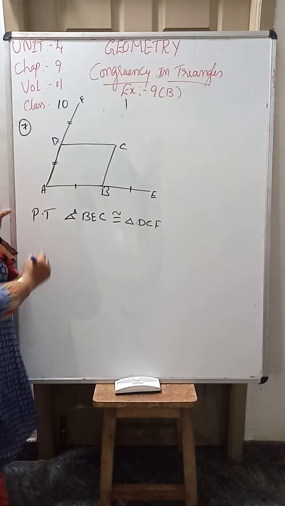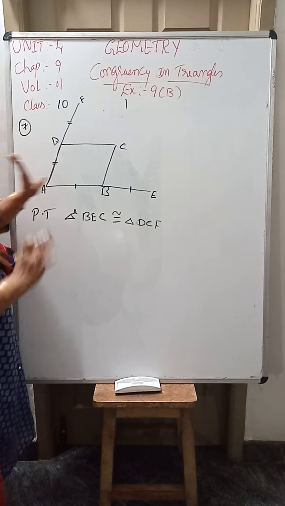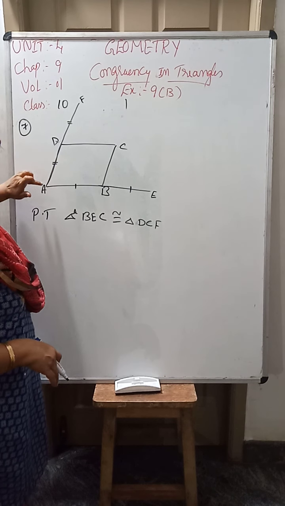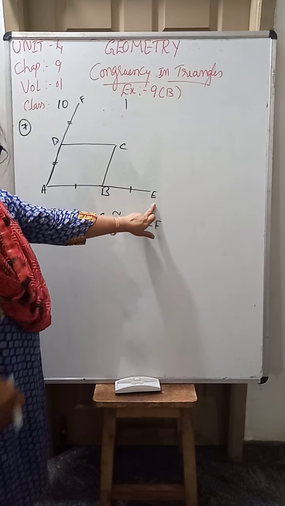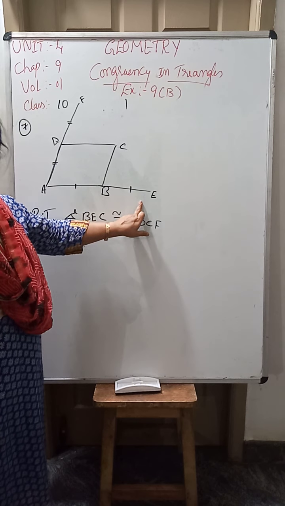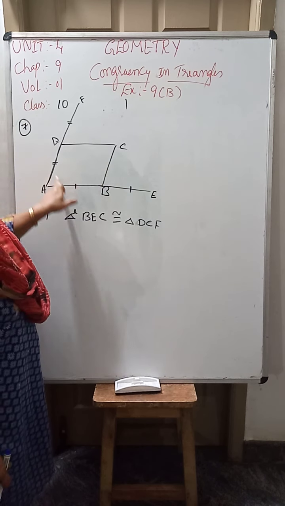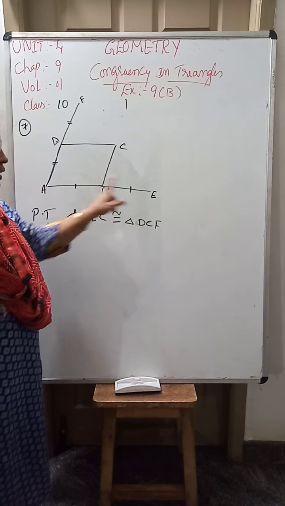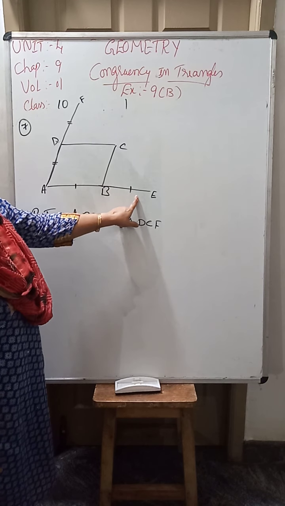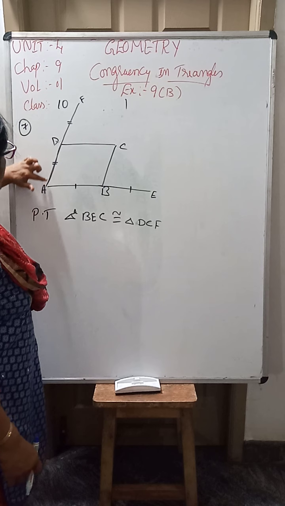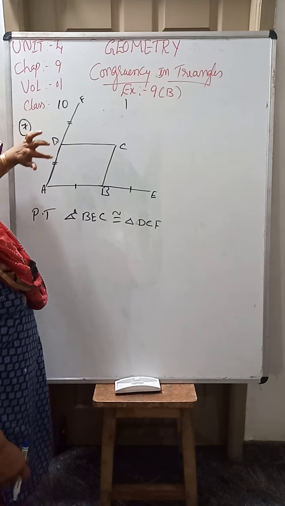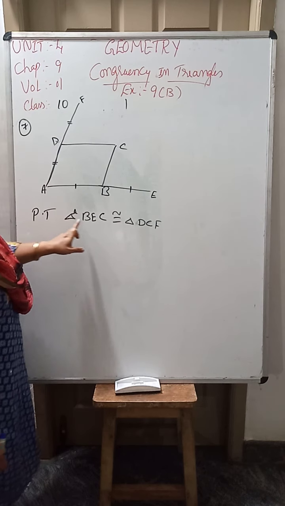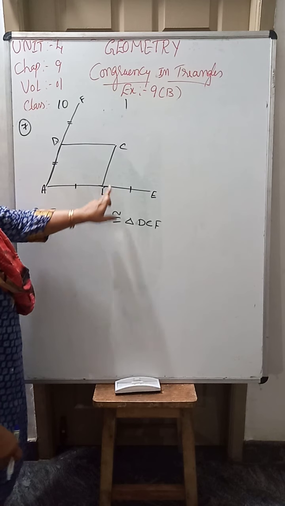Now, according to the given solution, you have to write down by yourself. I will just explain to you. ABCD is a given parallelogram. AB is produced to E such that AB is equal to BE. Similarly, AD is produced to F such that AD is equal to DF. Now we have to prove triangle BEC